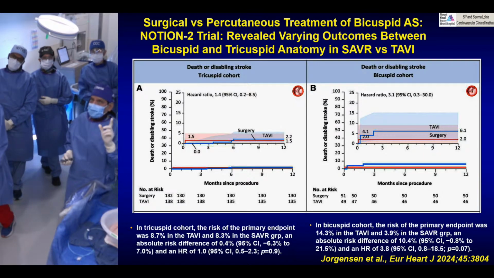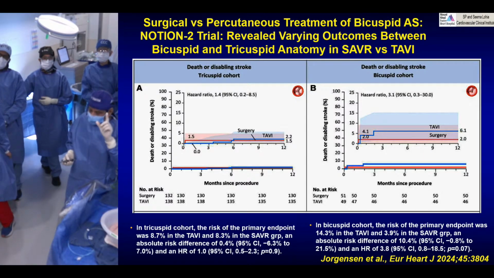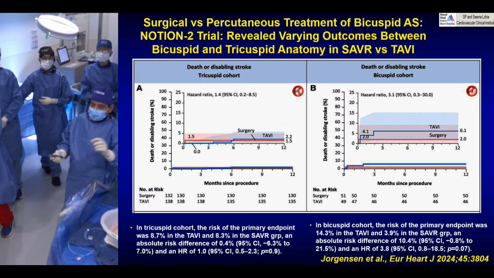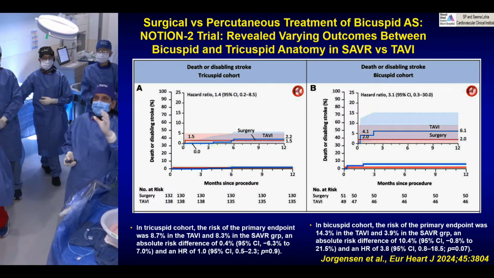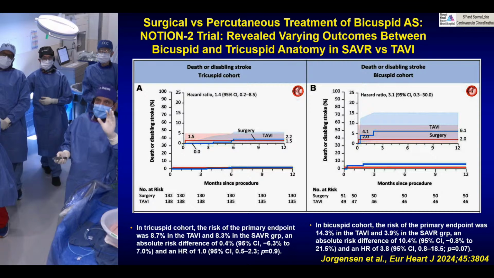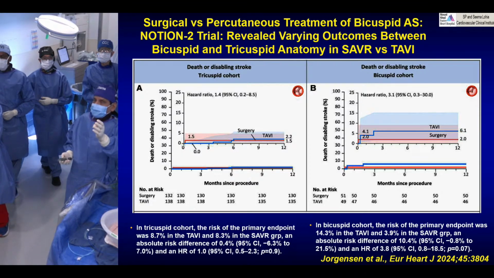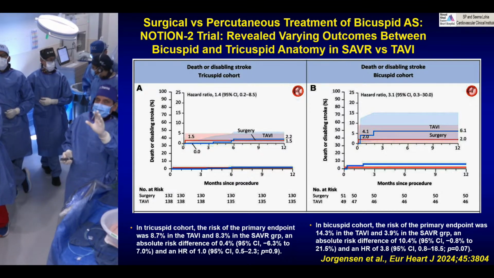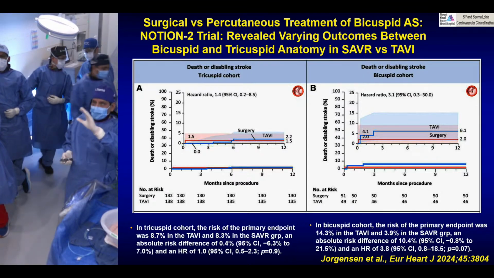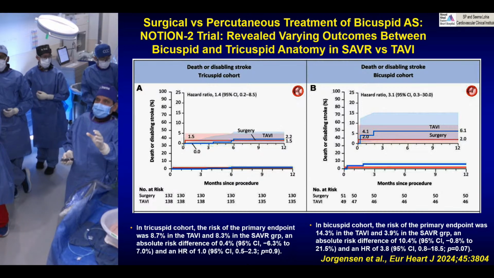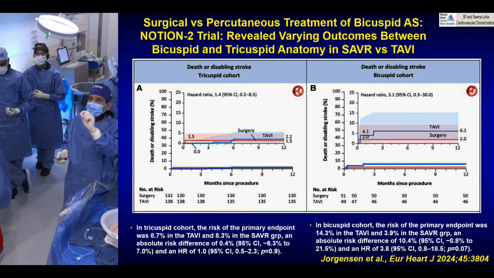Now, we also remember the NOTION 2 trial, where the patients were younger, not very young, but still more than 65, all comers, tricuspid versus bicuspid. The bicuspid cohort was about 18-20% of cases. In tricuspid there was no difference in the outcome of surgery versus TAVR valve, but